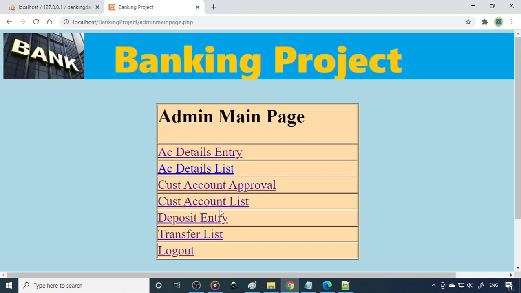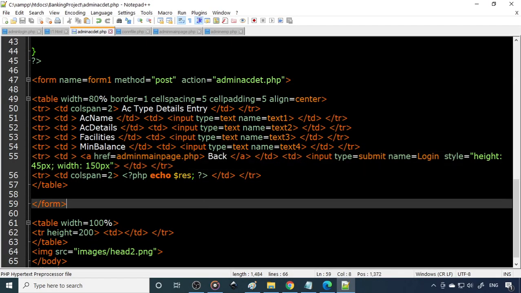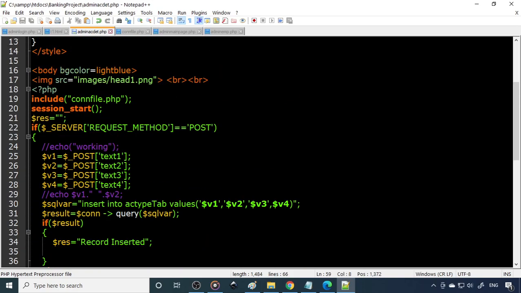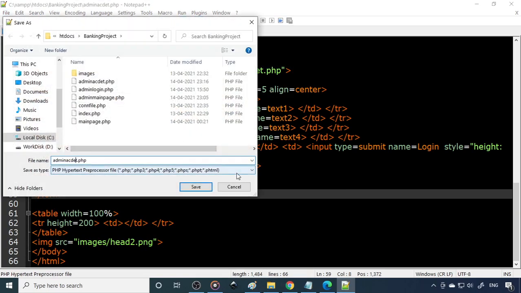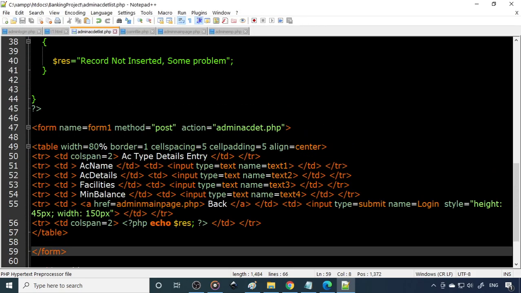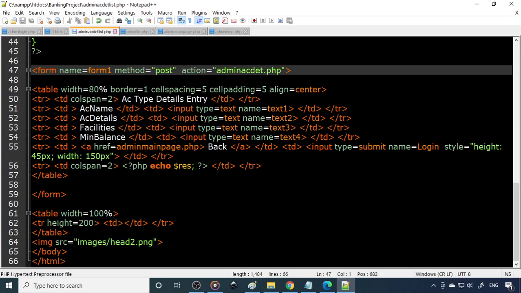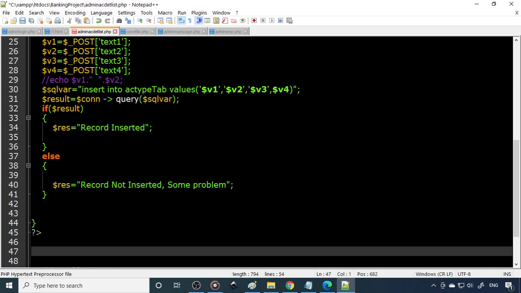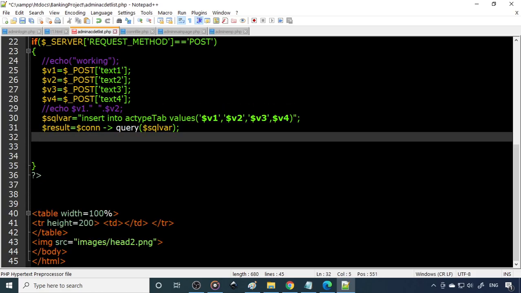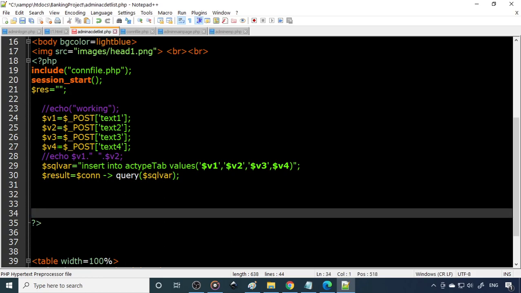So for that again we need to write the code. So we need to create a new page. Okay, so what we can do is, we can use this one only. Later we can modify this. So this is save as detail list PHP. Okay, so now we don't require all these things, so therefore I'll just take out this. Okay, so this if statement we don't want. So this post also is not required now. So therefore even this is not required.